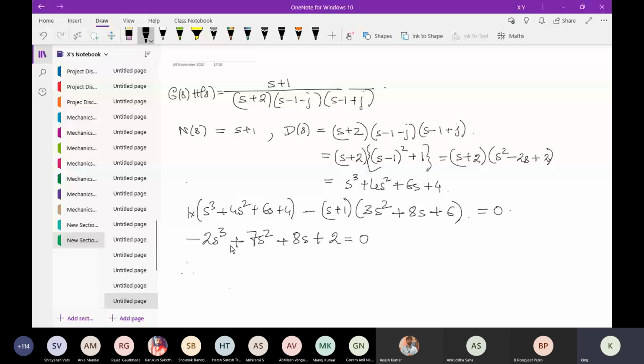And here again, well, it's a cubic, so you have to figure out the roots, and these roots will come out as equal to, and another root. So that means, now apart from